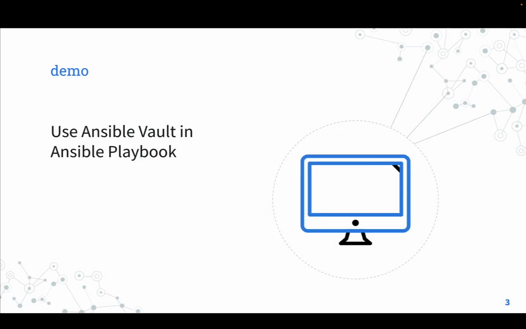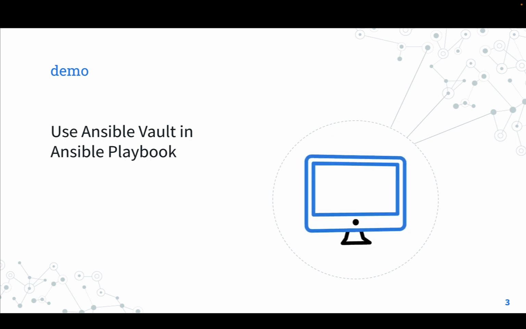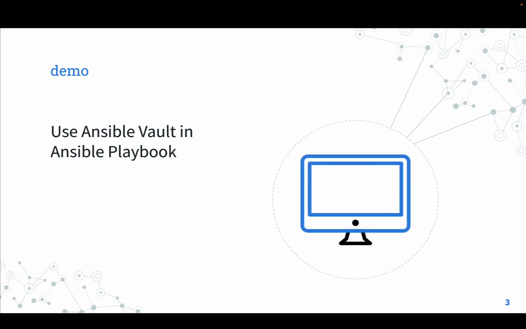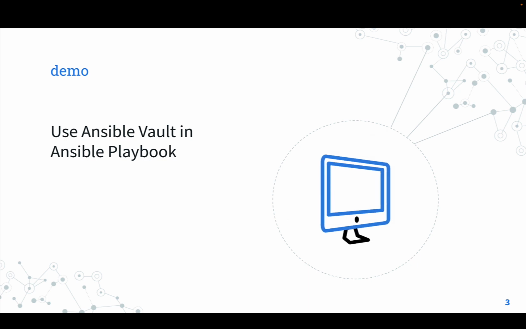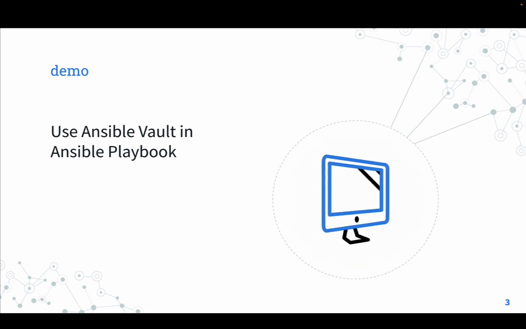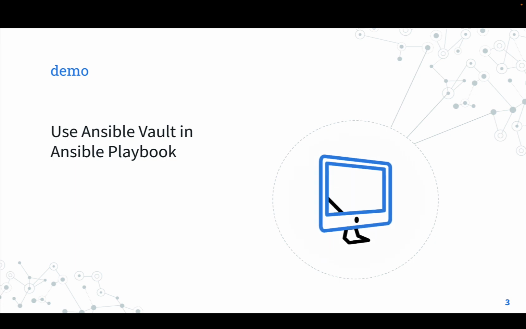Now, demo time. I will show you how to use Ansible Vault in an Ansible playbook to store one password. This example uses a simple playbook that displays a variable on screen, and one Ansible Vault to store the variable encrypted on disk.